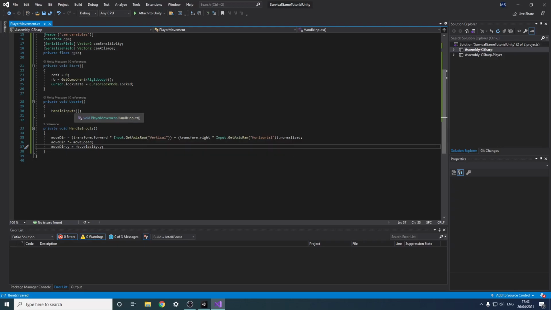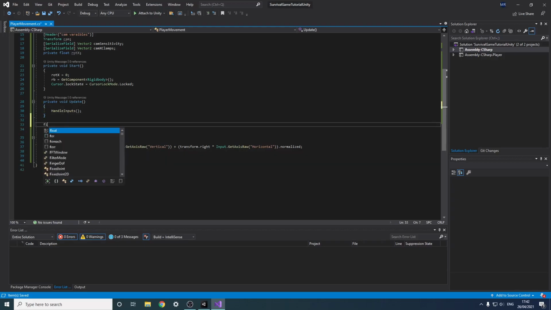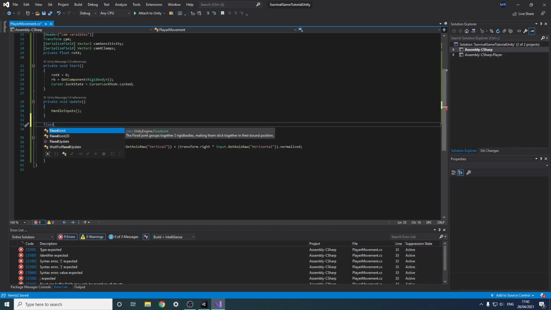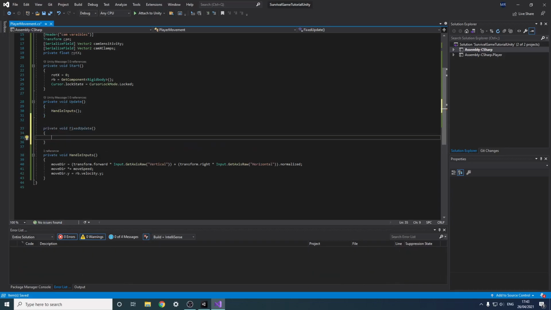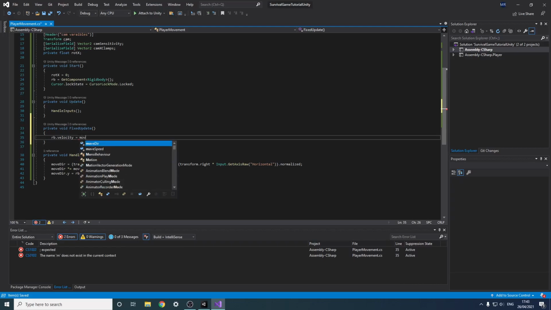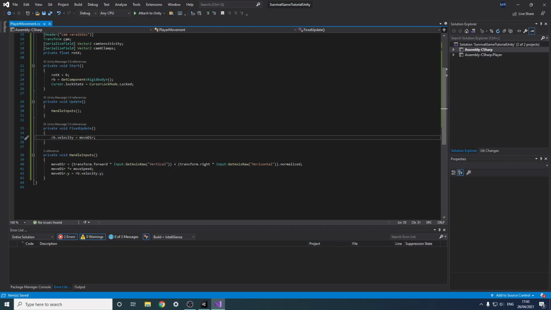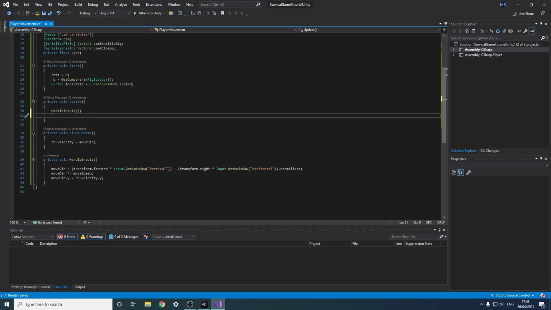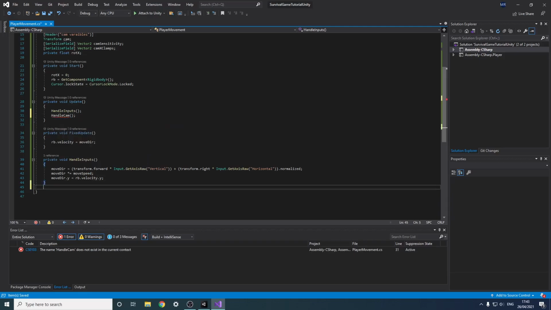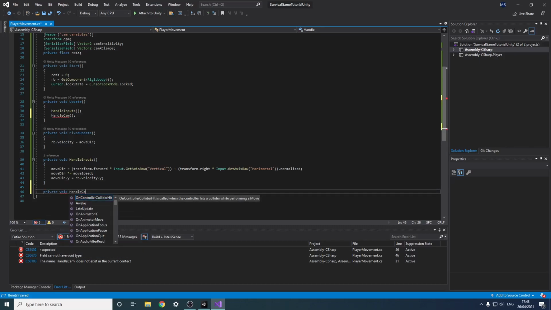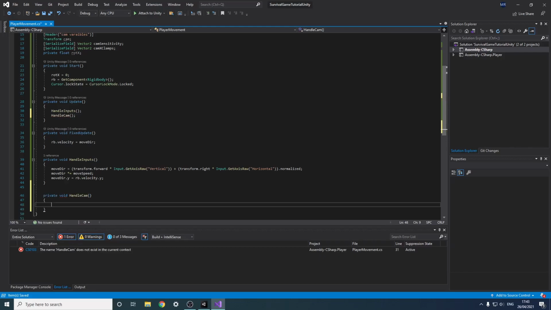So that's our move code, and in the FixedUpdate, which is what you should always use for your physics kind of things, we do rb.velocity is equal to moveDirection. Now we'll handle our camera movement in a function called HandleCam. So make the function here,